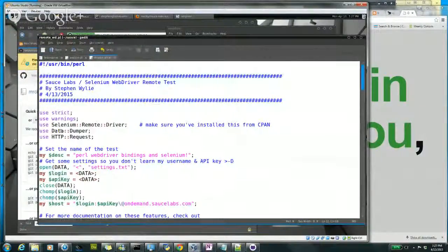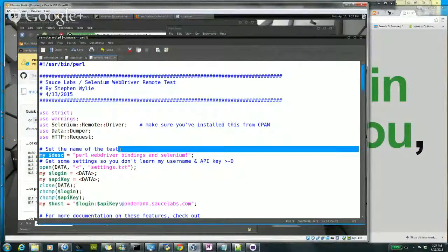All right, so Data Dumper is good for debugging your stuff and just looking at any kind of data structures that you've been using, such as your list of elements that you pulled from the recent search. And then I had intended to use the HTTP request module to go through some interesting features of the Sauce Labs API, but unfortunately, this SSL issue on this stupid VM of mine has been giving me a lot of headaches. So I don't think I'll be able to demo that, unfortunately. So anyway,